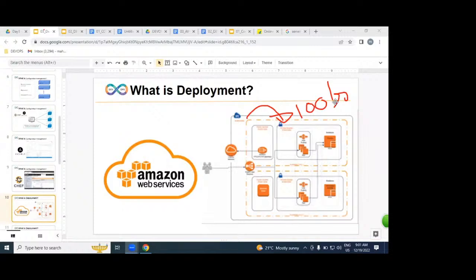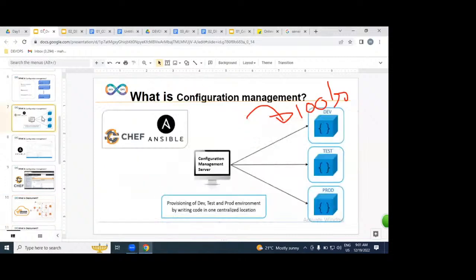Physically, like your laptop, virtually, and cloud. Which cloud? AWS. Hundreds of servers we are getting from AWS. On top of them, we can implement an automated process with the help of Ansible and Chef.